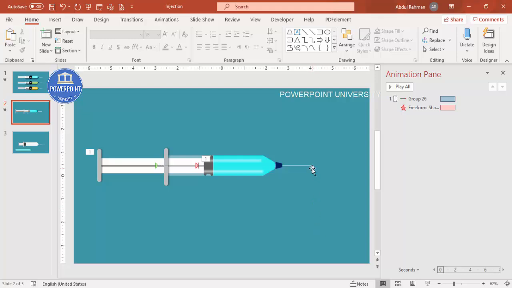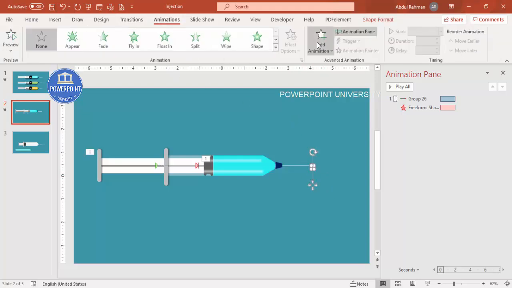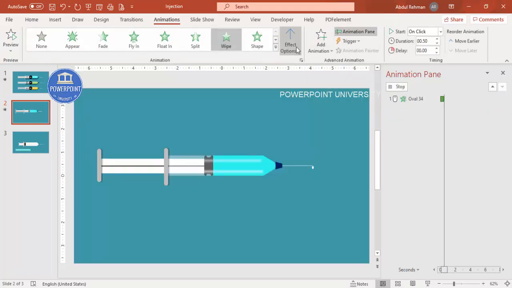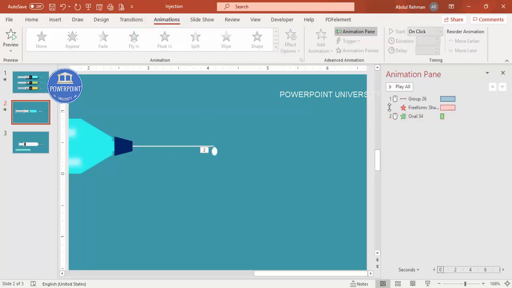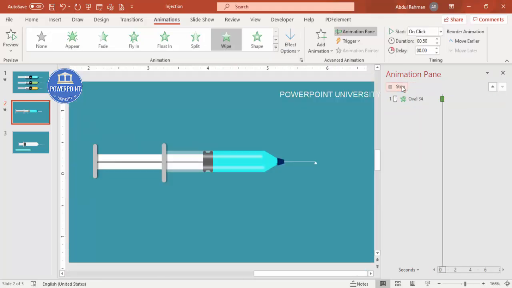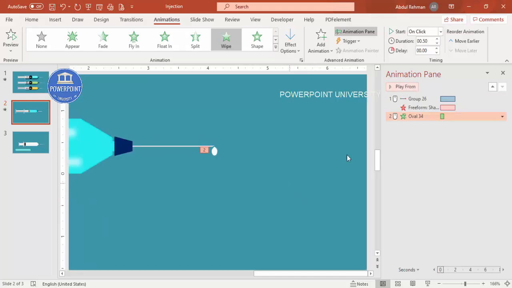Okay, for that I can use two animations. So let me just select this and then go to the animations. The first, I'm going to add the animation which is wipe. Select from top, so it comes something like this, as if you feel that it is coming out from the needle. So let me just play again. For this one, you can see here it is coming like that, and then this should happen maybe with previous or after previous. You can see here, or maybe it should be with previous,